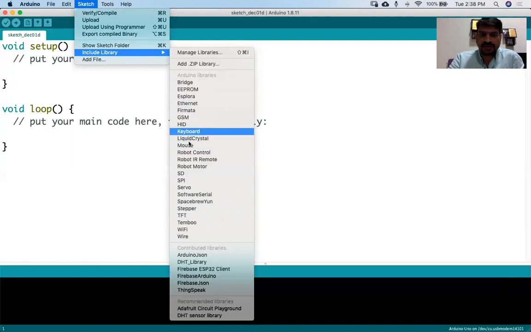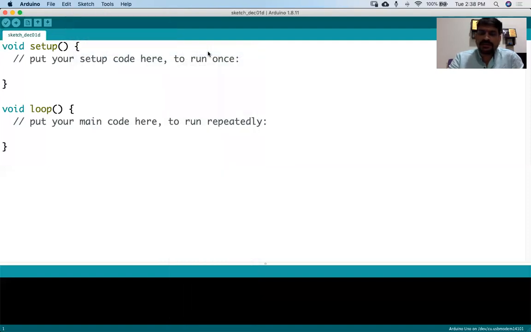We have different devices whose software part, or library, is already there. If you want to include any libraries, you can go to manage libraries, and once you go there it will do the indexing of all the libraries that you have related to the hardware.